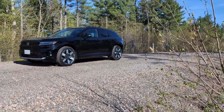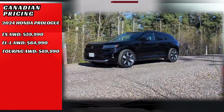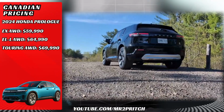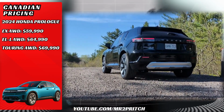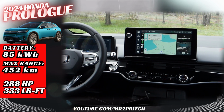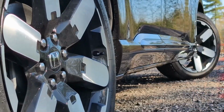This is Honda's new all-electric SUV, the Prologue. It's all new for 2024, it's priced from 60,000 Canadian and all trim grades get all-wheel drive. 288 horsepower, 333 pounds of torque, and 452 kilometers of range with just one exception. Touring models, like my fully loaded $70,000 tester, have 439 kilometers of range instead, losing a little bit to those